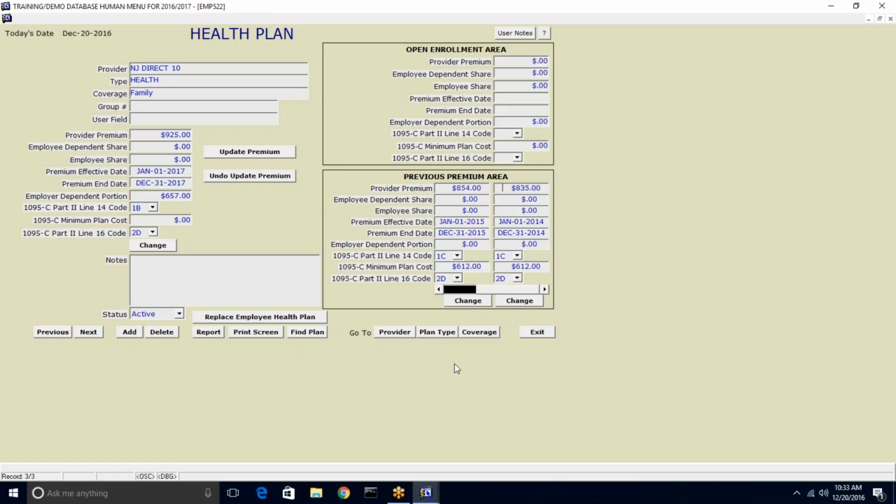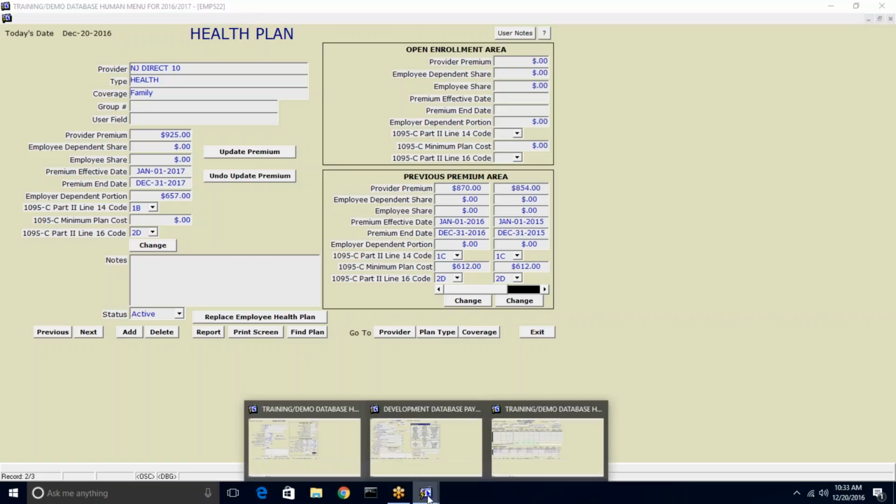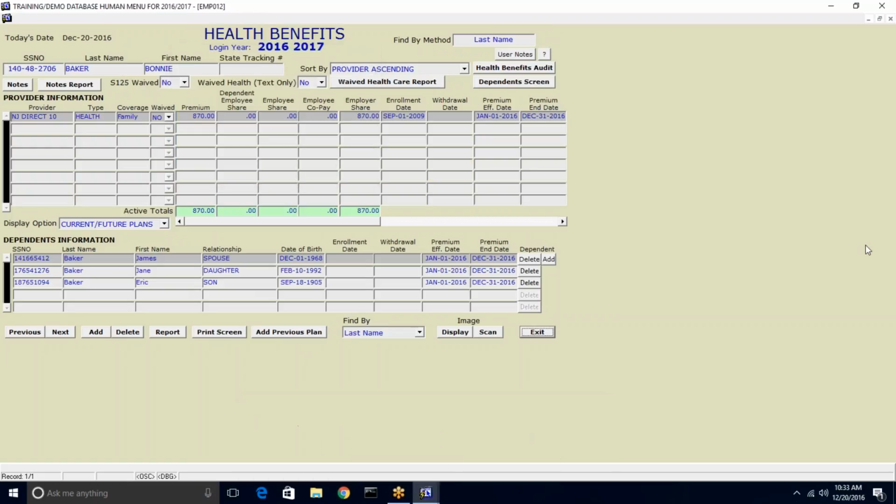You'll be able to go back 10 years and actually see the codes that I used here, and this was the minimum plan cost. We'll be setting everybody up so by January it'll all be in place. So what I did with the update is it took whatever was in open enrollment and stuck it on the left, and it moved the 16 down to the lower right-hand side. Now if I go back to that employee and refresh the screen,